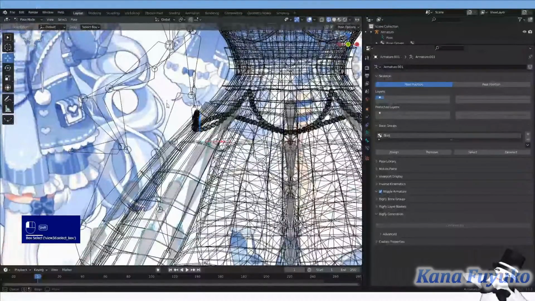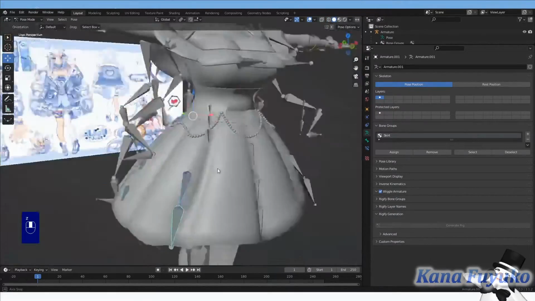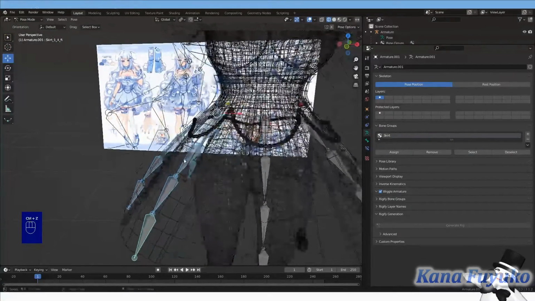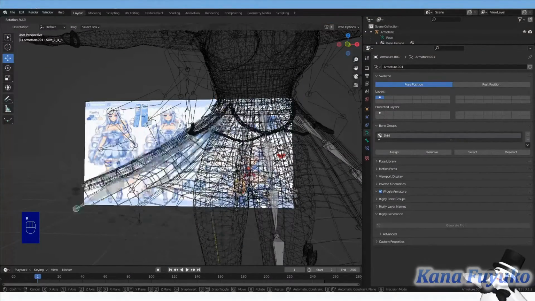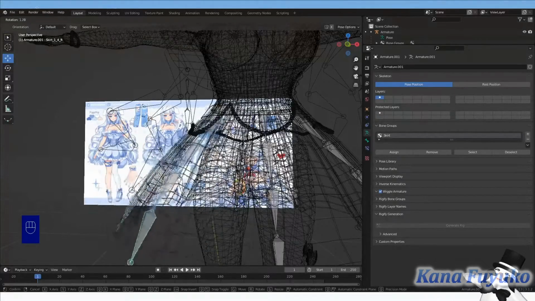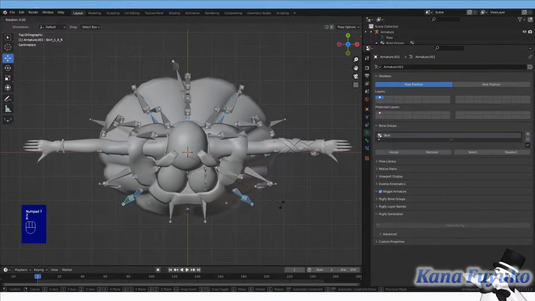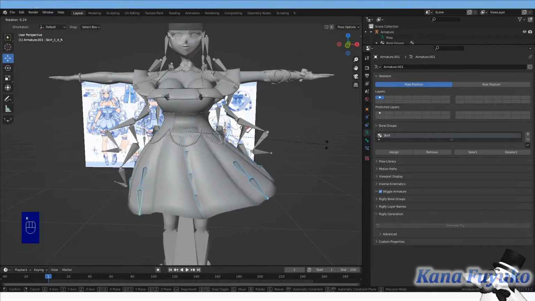So let's go ahead and select these bones here. We're going to click on top here, and click on individual origins. What that does is, instead of rotating just one piece like this, it'll be able to rotate each bone as its own, with its own rotation movement. It's a great way to test out skirts. So you can go to top view, spin the dress like this and move it around, so you can get an idea of what the physics are manually.